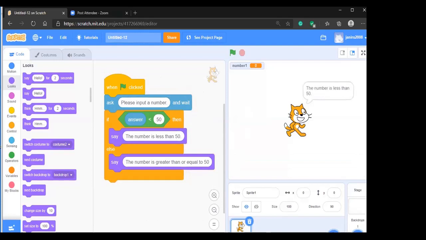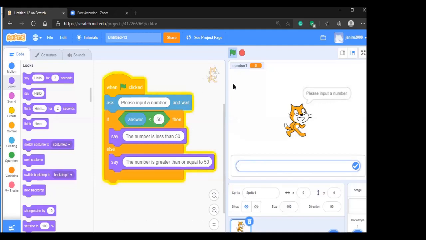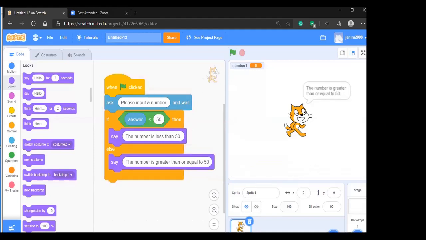It says number is less than 50. Again we will run this, and we say 59. Number is greater than or equal to 50.